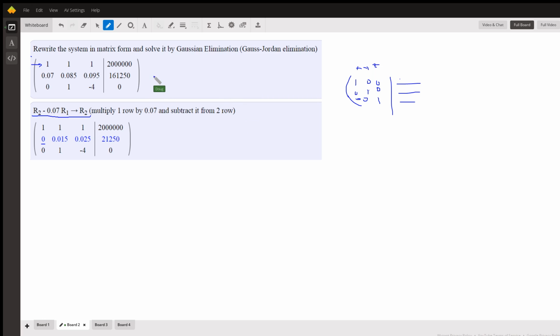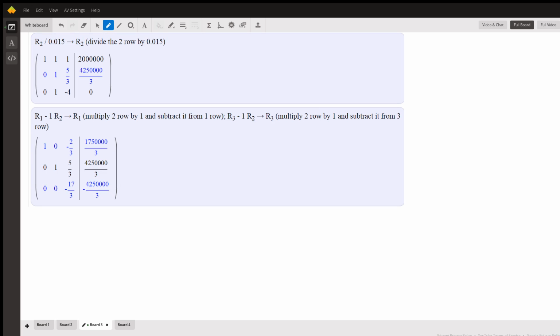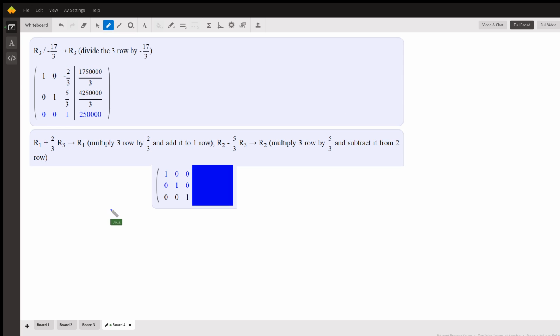So I'm not going to go through every step. Pause the video, take notes, and try to duplicate it on your notebook paper. But here are the other steps with the notation that's used. When it says divide by 0.015, that's the same as multiplying by the reciprocal of that number. And so on. Notice how we're getting closer and closer to getting ones along the diagonal